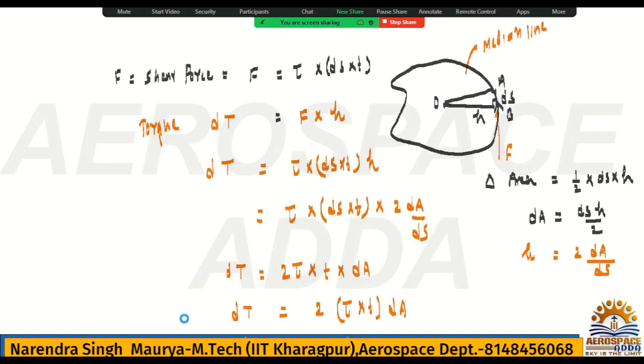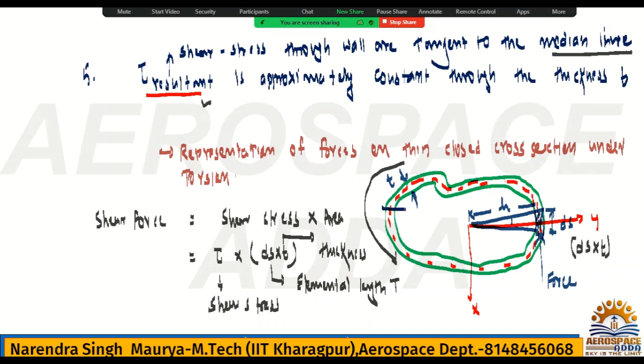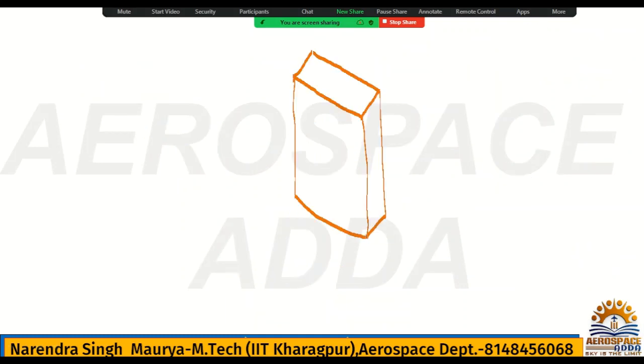Suppose this section you are talking about, this is A and this is B. For this you are going to take this section separately. Obviously this will be the B dash and this will be the A dash. Now we will have a